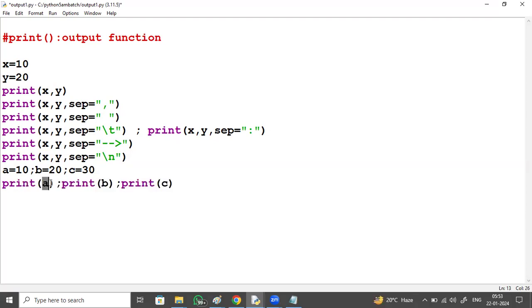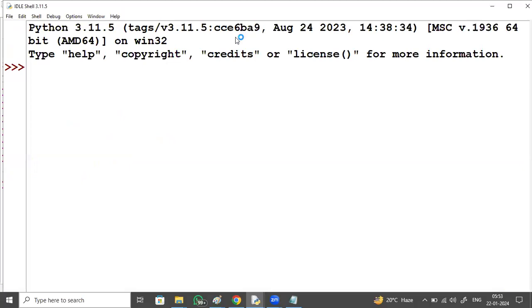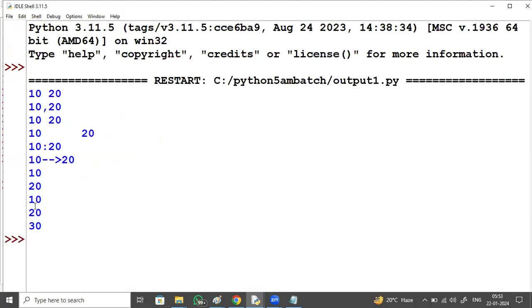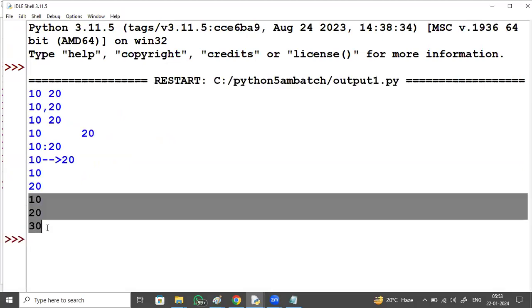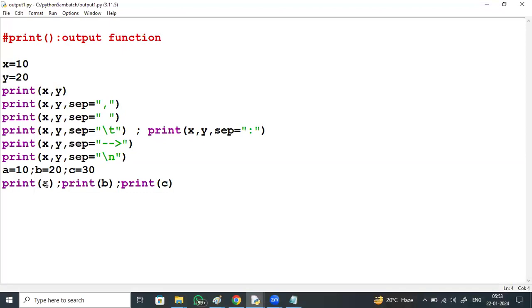It prints 10 and goes to the next line, prints 20 and goes to the next line, prints 30 and goes to the next line. You get the output on 3 different lines.